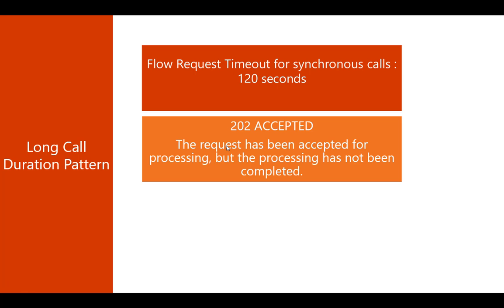Basically, most systems can run for a long time because we have the concept of HTTP 202. So this backend system that can take a while to complete your request will return an HTTP status, the 202, which is well known, meaning that the request has been accepted for processing, but the processing has not been completed. I'm working on it, and when it is done, I will return the value, right? So we can handle that in Flow. That's very easy. We can go up to 30 days, by the way,